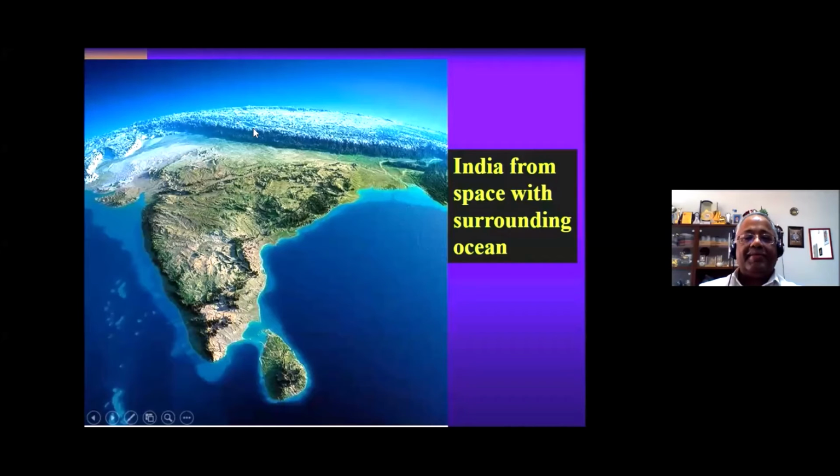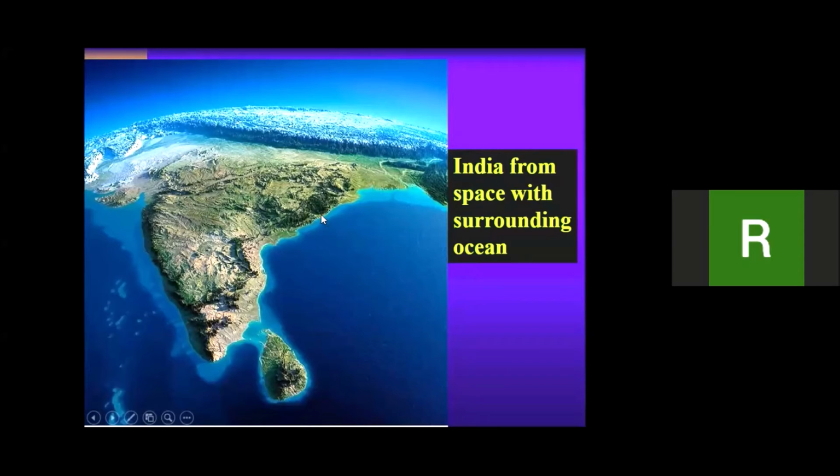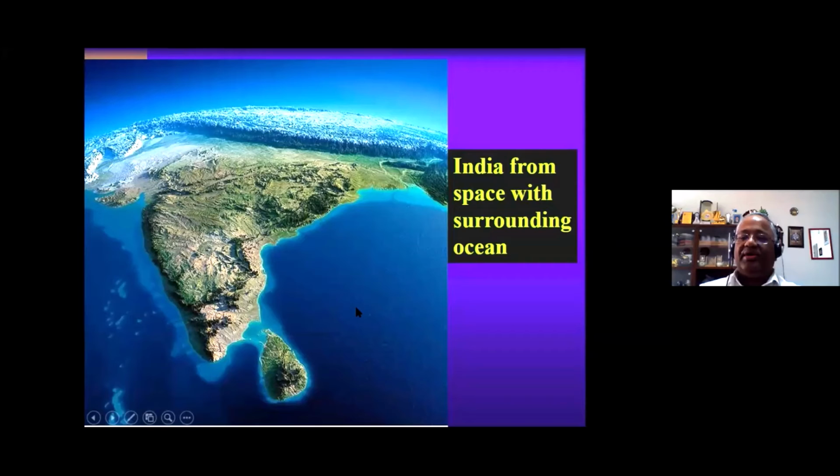When you see this land area, the sea area we own, most countries have it in the order of the land area. If our land area is, for example, X million square kilometers, the sea area is also in that order. That much area we have. This is called the exclusive economic zone. Within that zone, we can go and do whatever we want: fishing, constructing structures for offshore drilling, all those things we can do.